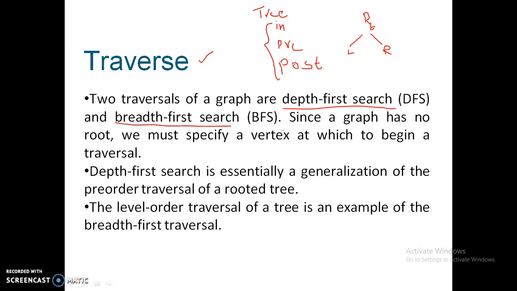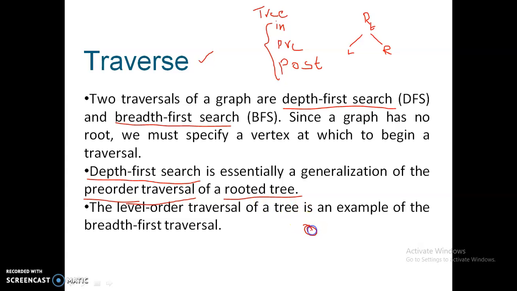Depth first search is essentially like we move on to the next nodes until we reach a leaf node, from where we are not able to traverse. So depth first means we move on node by node, downwards. We can compare this with the pre-order traversal of trees. Whenever we have a tree with a root node and apply pre-order traversal on it, the same way is used in depth first search also.